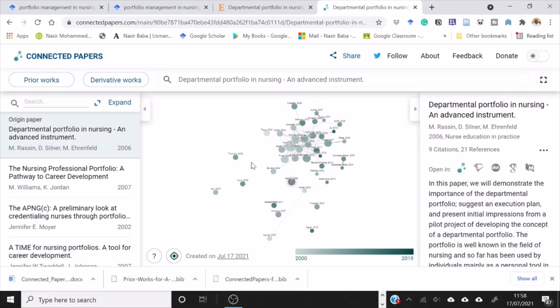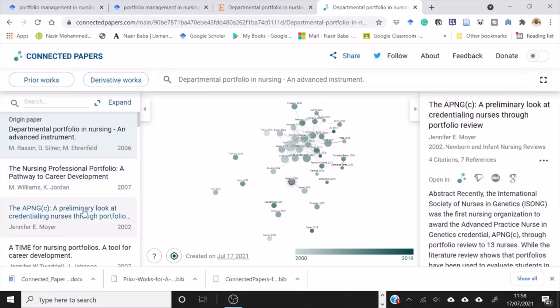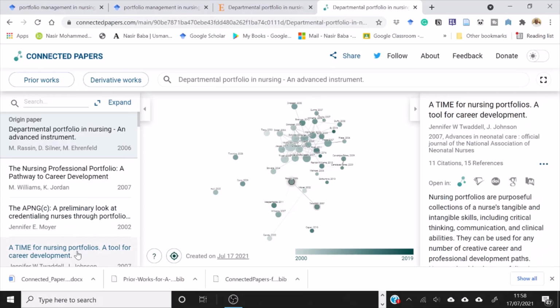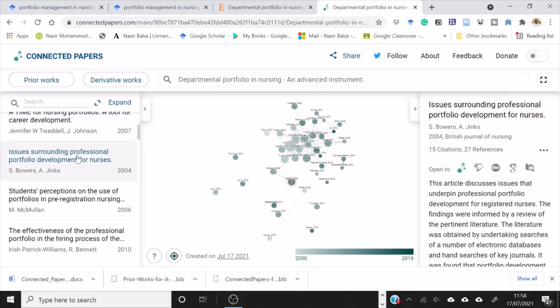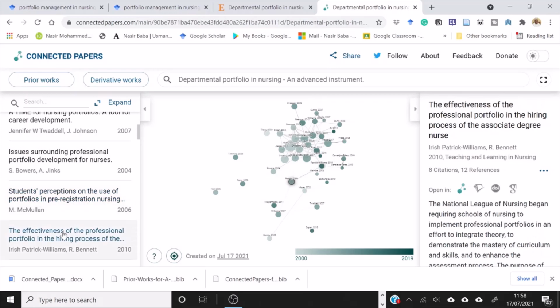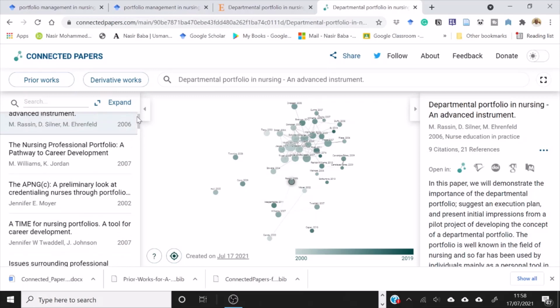Notice also how some papers are nested closer than the others. This is because more similar papers are closer to each other and have stronger connecting lines. To the left of the page is a list of all related papers. As you hover over each title with your cursor, you will see its details displayed to the right of the page. The details displayed would include a summary of the article's main contents.